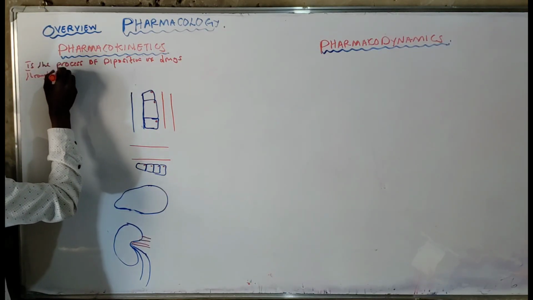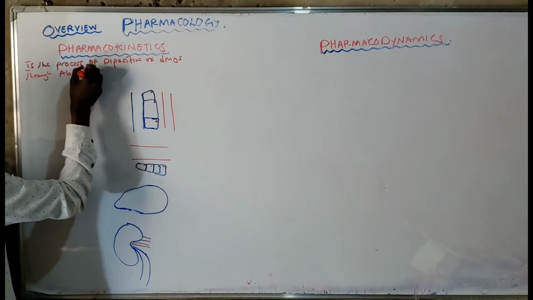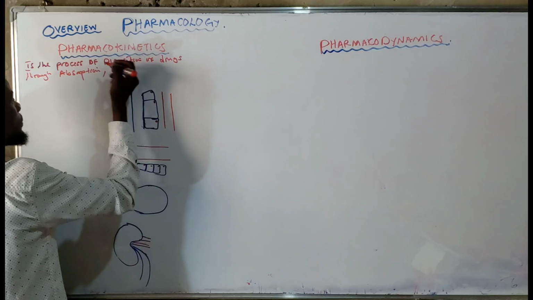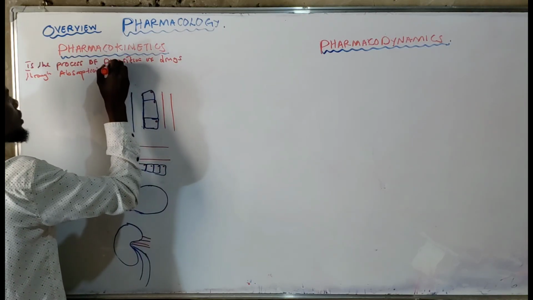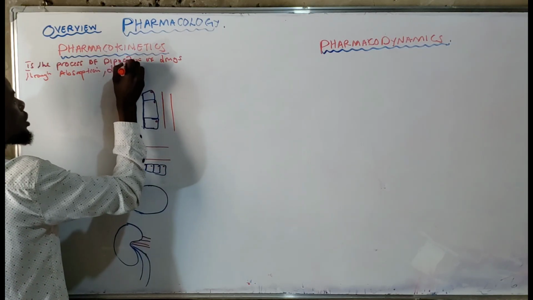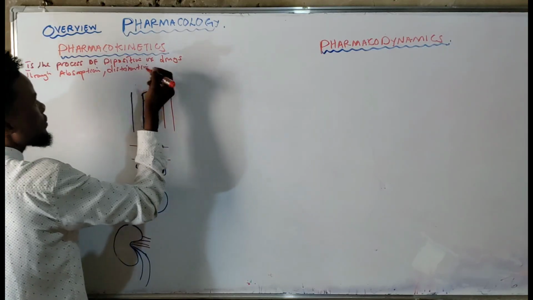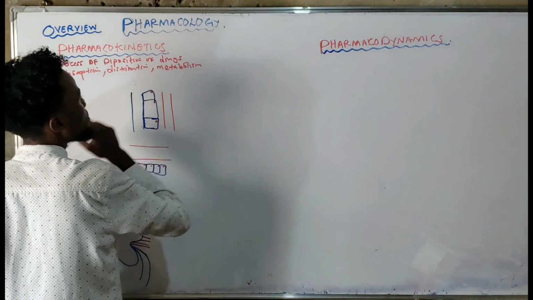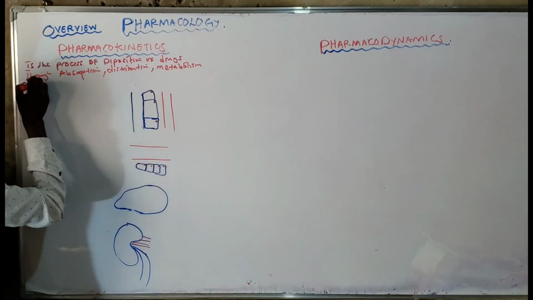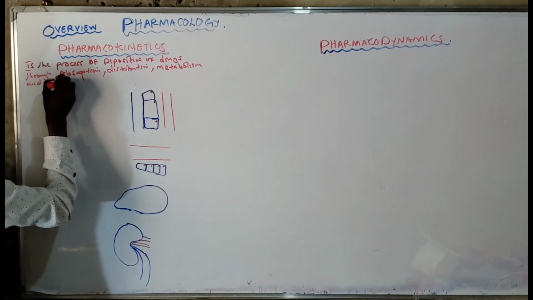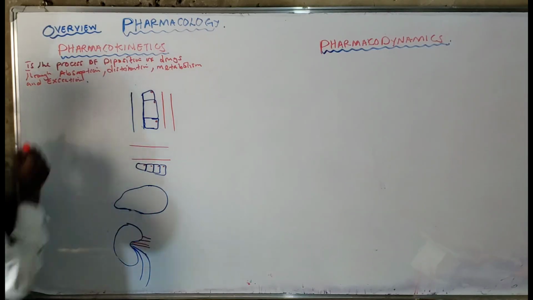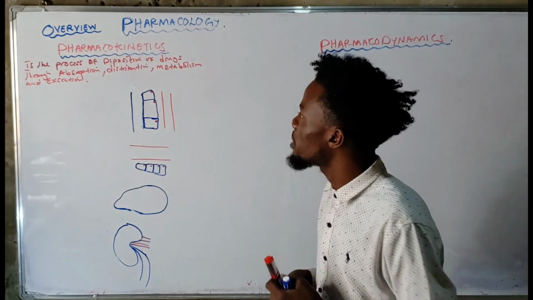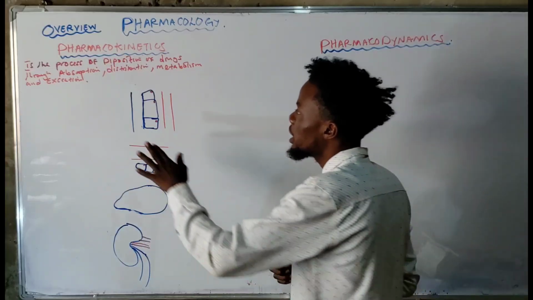The first one is absorption. The second one is distribution. The third one is metabolism, very important. And the last one is excretion. These processes are very important when it comes to pharmacokinetics, because if you look at absorption,